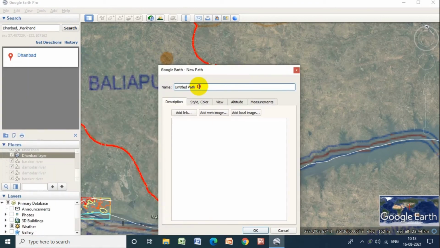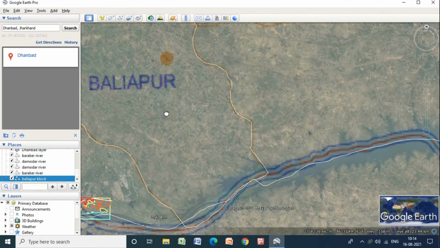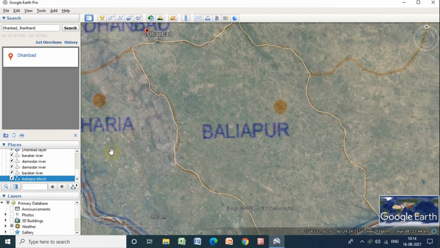Now save it as Baliapur block. Now untick the Dhanbad layer.